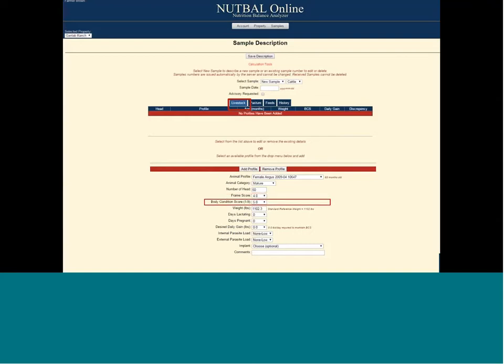And the next drop down we have here is the body condition score. For the Angus breed, which is a beef breed, it's working from the 1 to 9 BCS score. A lot of times the dairy breeds are on a 1 to 5 BCS score, and we'll go over BCS more in depth here in a little bit. But just to give you an idea, in this drop down you're going to enter the body condition score of the